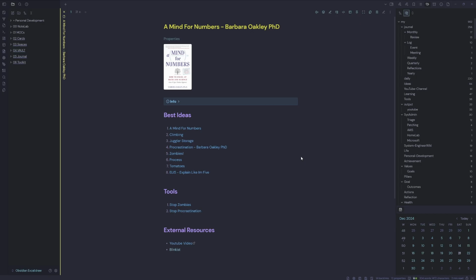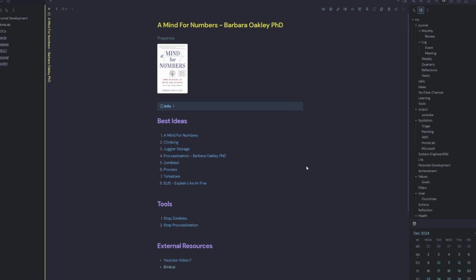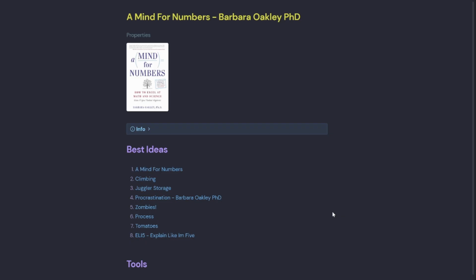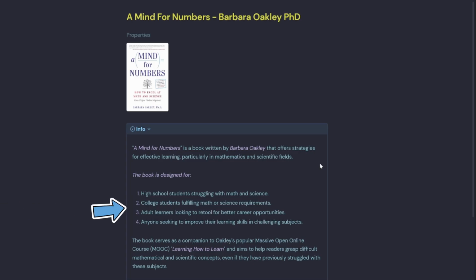One thing I like to do in Obsidian on my downtime is go through my book notes and review my best ideas and tools. And recently I did that for the book A Mind for Numbers by Barbara Oakley. So this book is designed for high school students struggling with maths and science, college students fulfilling math or science requirements, adult learners looking to retool for better career opportunities, or anyone seeking to improve their learning skills in challenging